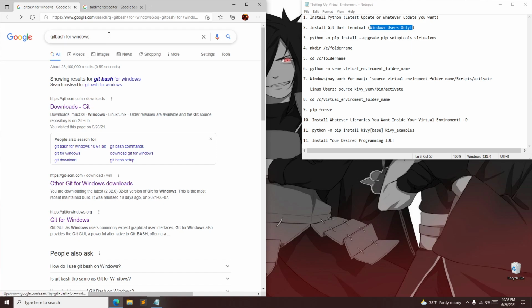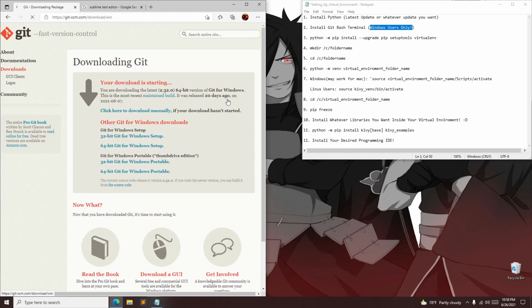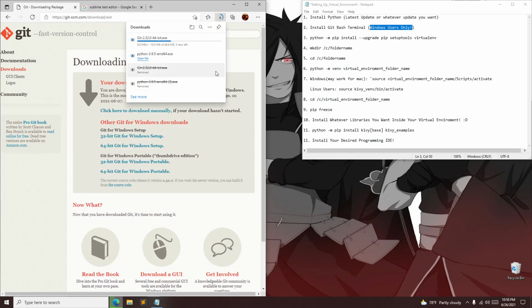All right, so we're going to look up Git Bash for Windows, and the first couple of things that should pop up, I'm just going to click on git-scm.com, and that will bring this up right here. So you can download it from here, and here for Linux users and Mac users, but we're just going to go right here and download the latest version of Git for Windows. When it's done downloading, we're going to go ahead and click on this,